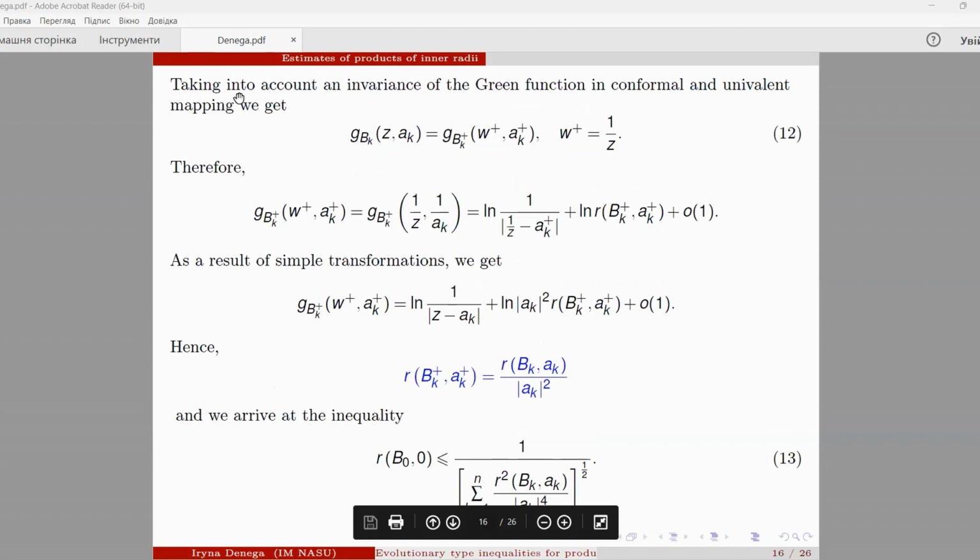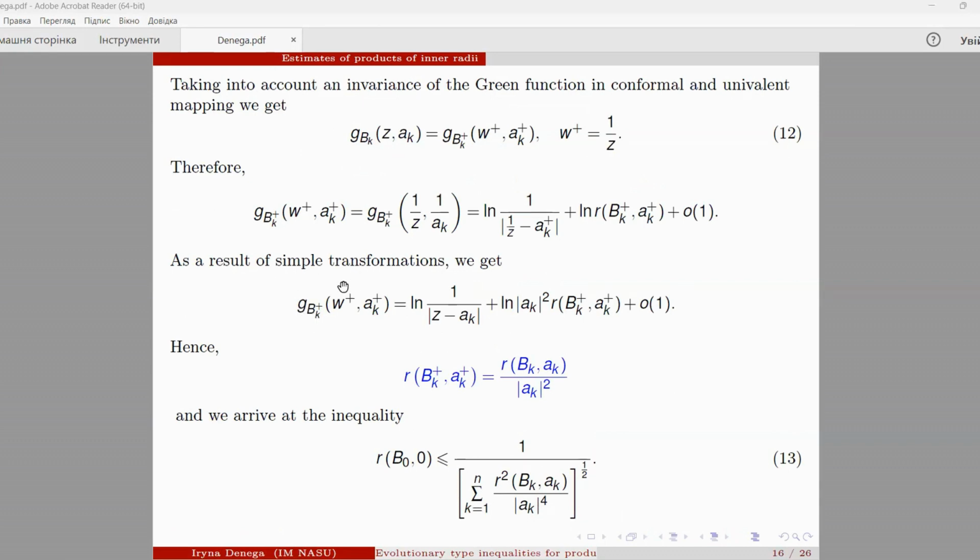And taking into account an invariance of Green's function in conformal and univalent mapping, we get equality 12. Then by substituting 1 over z and calculations,